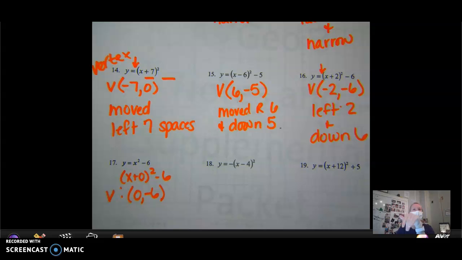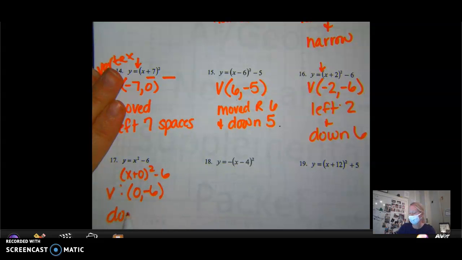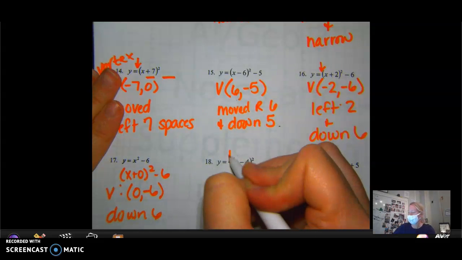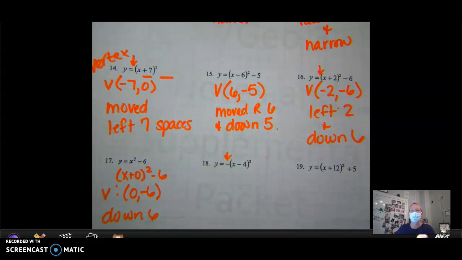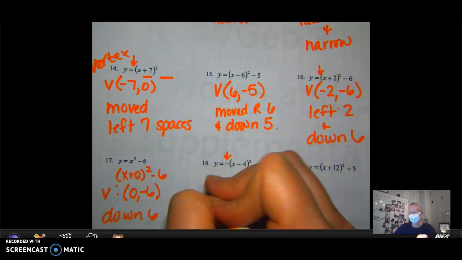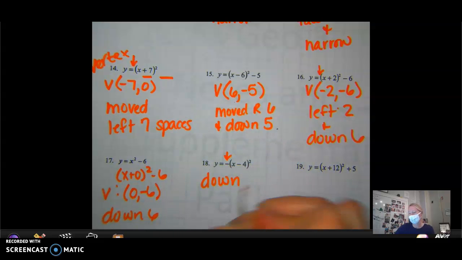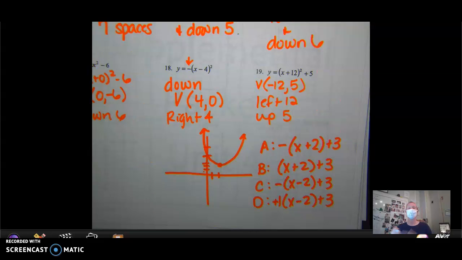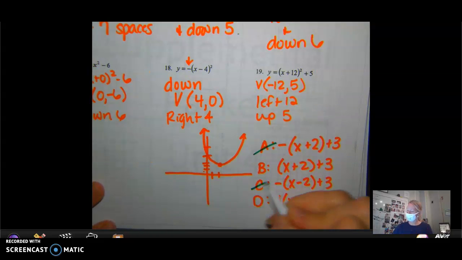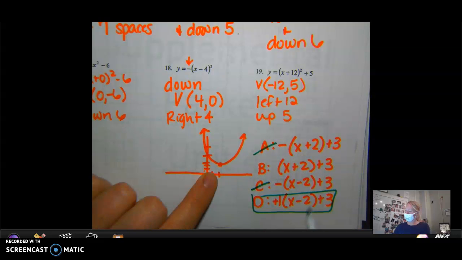Did it move up or down? Down 6. This guy has a negative out front. What does that mean? So it's facing down. It's a negative 1. What's the vertex at on this guy? Real quick. Which 2 can we eliminate? Because it's not flipping upside down. It is D because you have